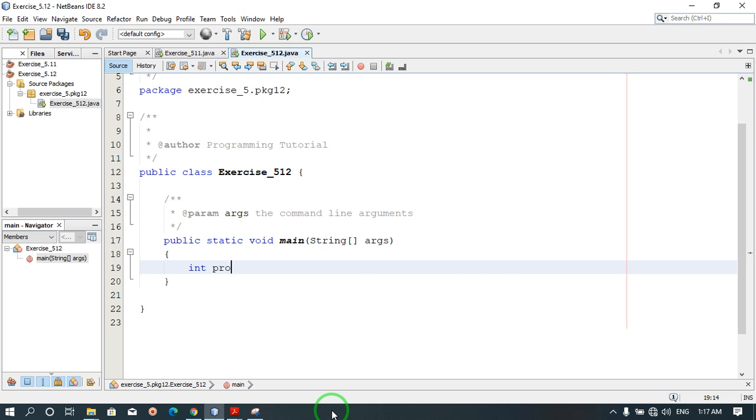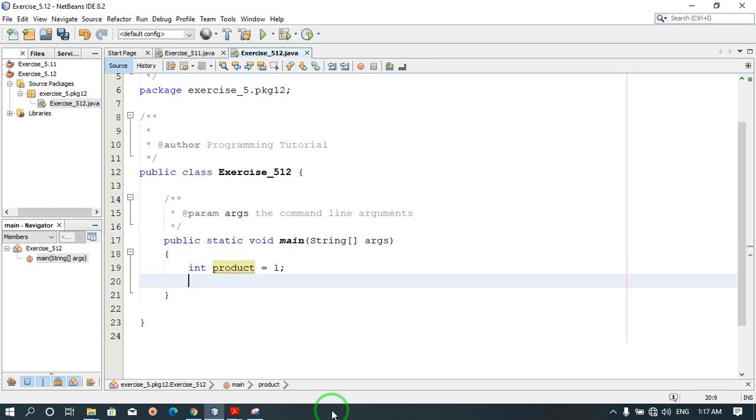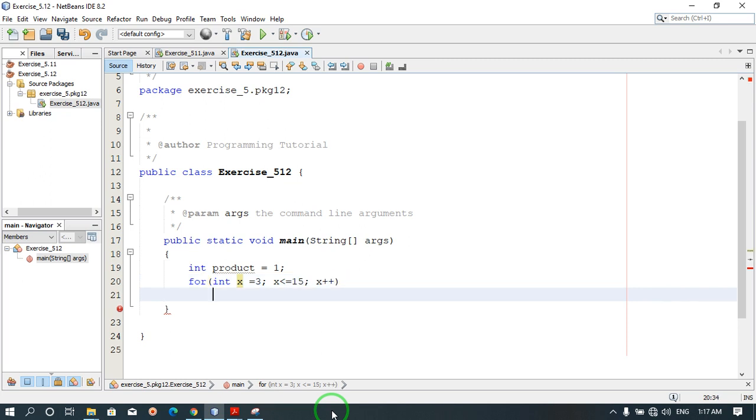int product equal to 1. for (int x = 3; x <= 15; x++)